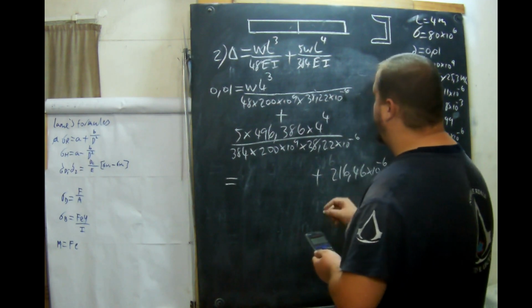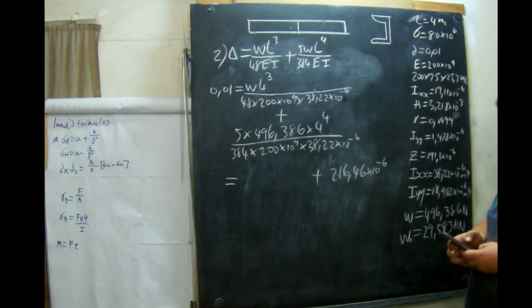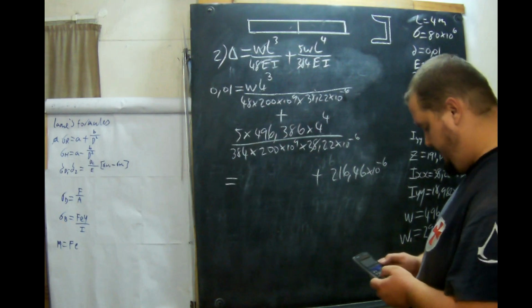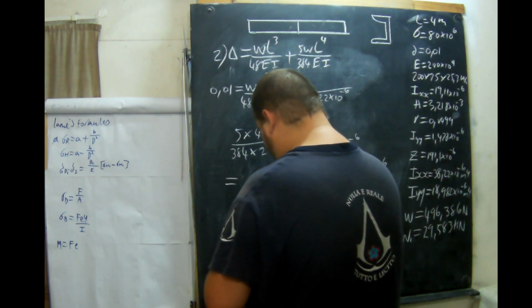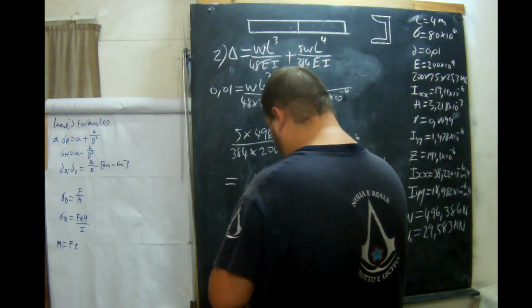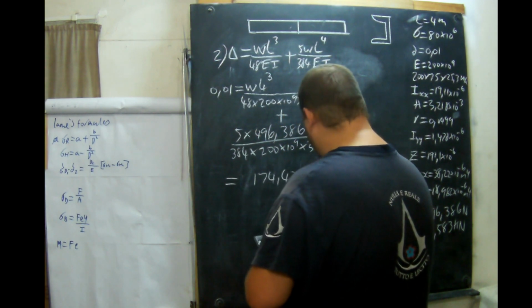Now we're going to plus this number, which is 4^3 over 48 times 200 times 10^9 times 38,22 times 10^-6. Okay, this is 174,4 times 10^-9